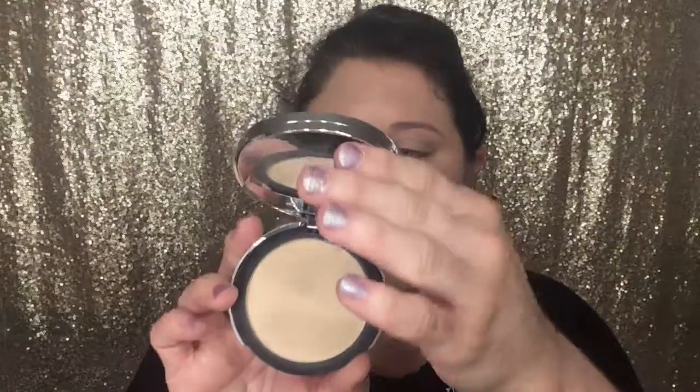And then what I'm going to do is grab a little bit of powder just to powder my under eyes. I'm using the e.l.f. finishing powder in Fair Light, and I'm just going to take a brush and get a little bit of that and put a little bit of powder on my under eye and on top of my lids so that